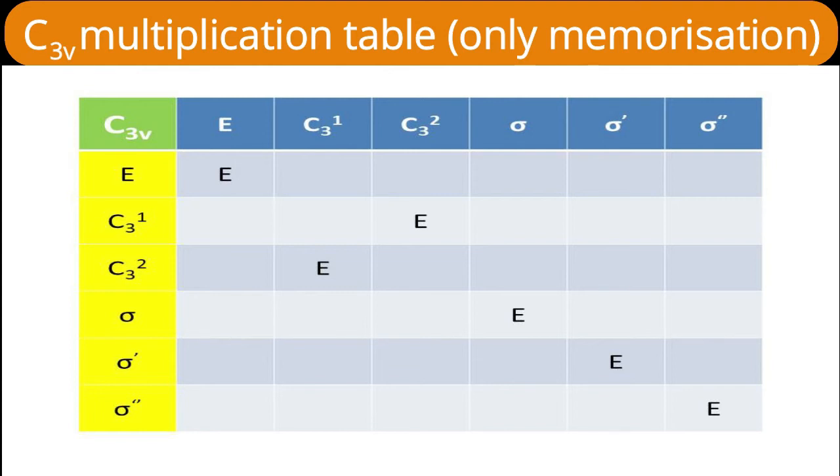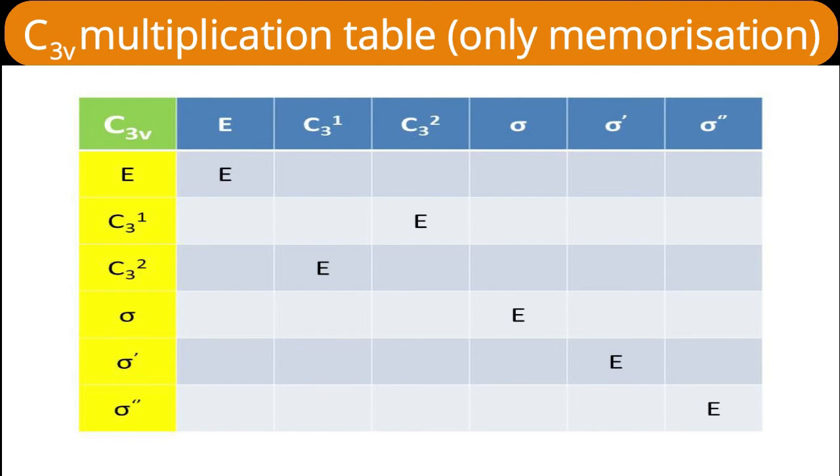Now I want to consider the first operation from the column, its multiplication with various operations from the row. Already the first position we have completed. The remaining 5 positions in the first row I have to complete. In the C3V multiplication table, we discussed this point. You come to know that just a copy paste of the complete row takes place. Let us see one by one fastly.